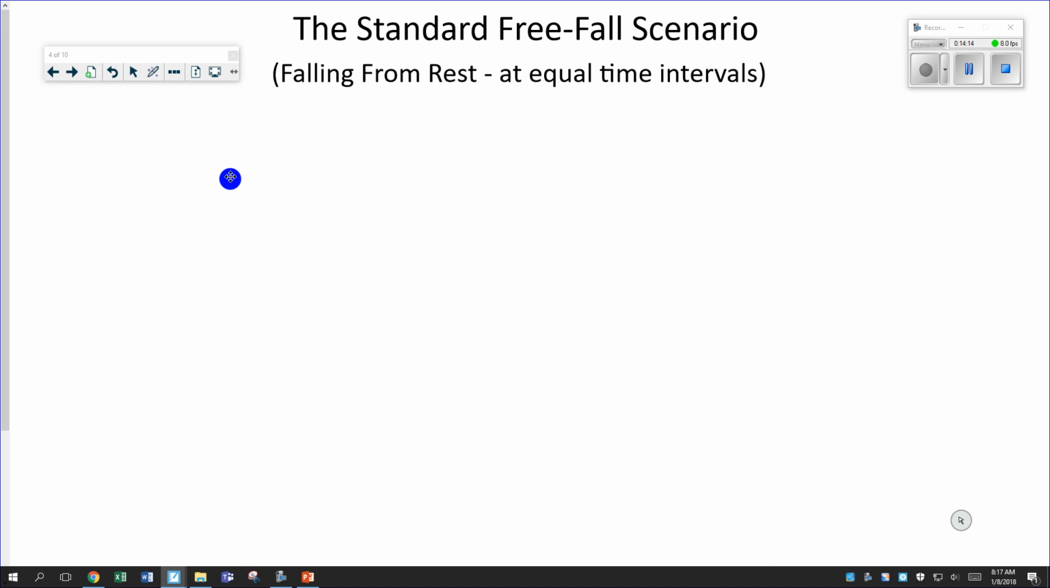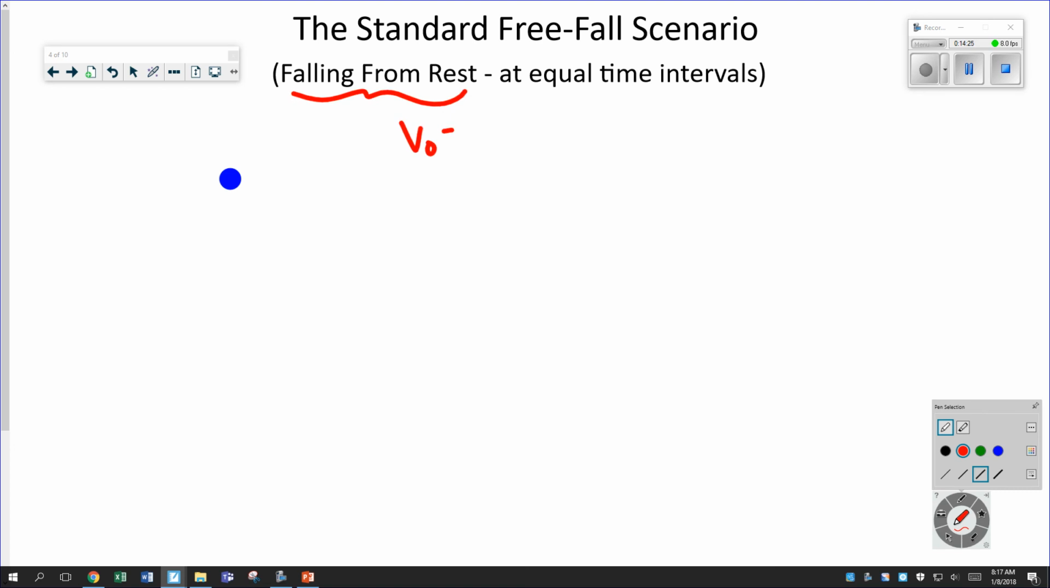All right. Let's say that here's an object that falls from rest, or we might say dropped. Well, what's that mean? That means V0 of 0, initial velocity of 0. So this thing, let's just say at equal time intervals, we'll have time intervals equal to some amount of time t. All right? Well, in some amount of time t, let's say that this object